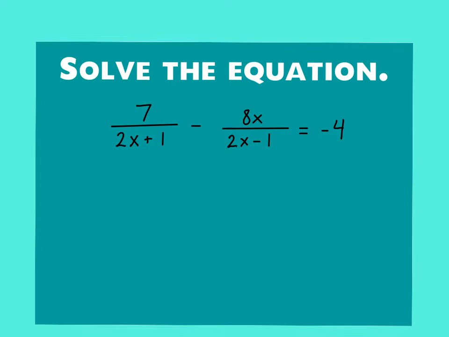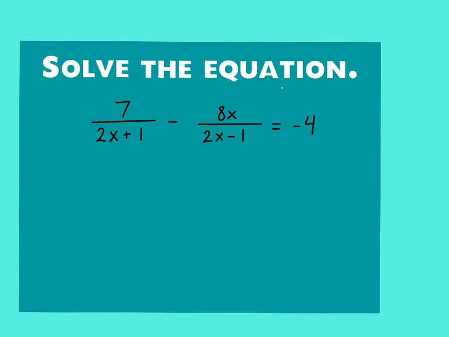Okay, so this one just says solve the equation. This is where we've got fractions in our denominators. So the first thing we would do is look to see if we can factor it to figure out what the least common denominator is. There's no factoring here, but these are different factors, which means when I multiply, the least common denominator is both 2x plus 1 and 2x minus 1. So I'm going to multiply that times all 3 terms, plus 1, minus 1,